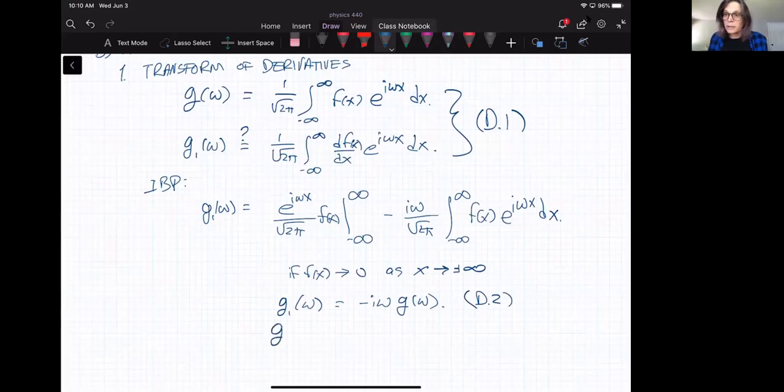And we could keep going for second and third derivatives. So the transform of the nth derivative is just equal to (minus iω)^n times that original